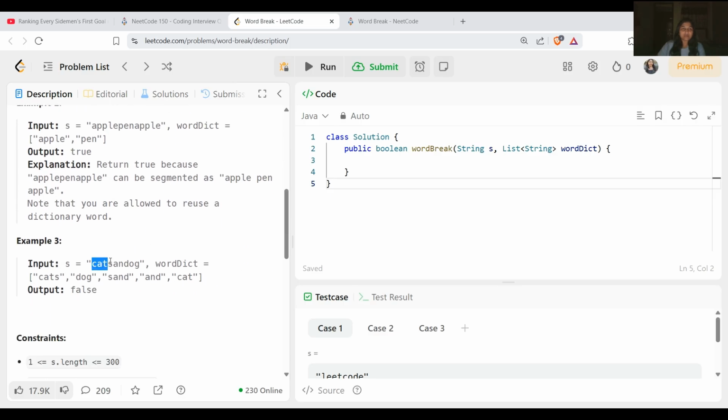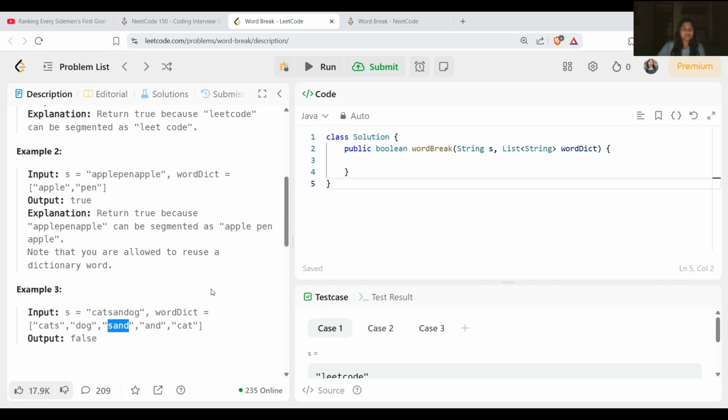And if you see in this example, we are looking for cats, which is already present. Then again we move forward and look for sand, which is also present here. And if we are looking for dog, now dog is present. But the output is false. Now the remaining part is and here, and is also present here. Cats is also present here. Cat and cats. And if we are looking for sand, it is also present.